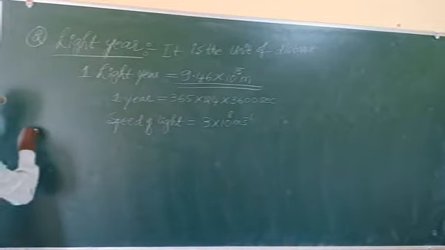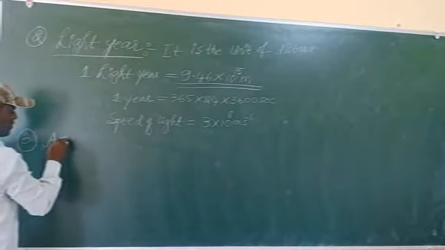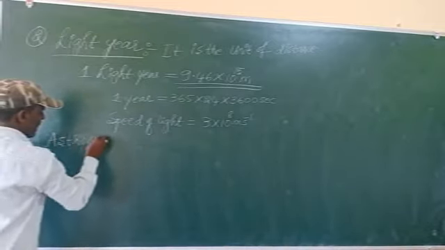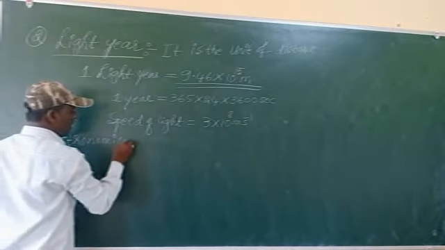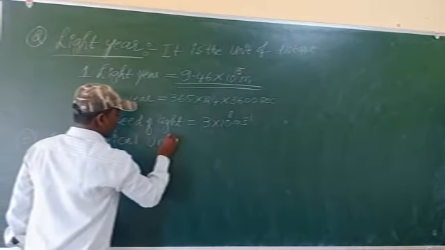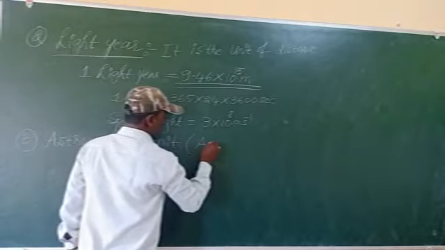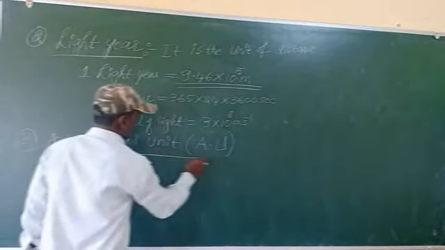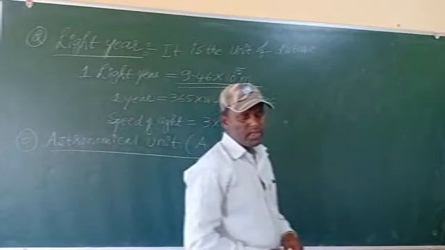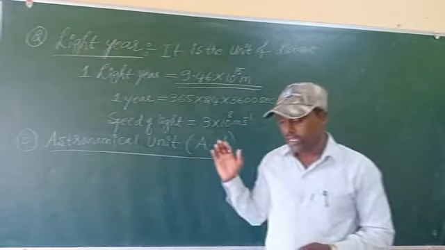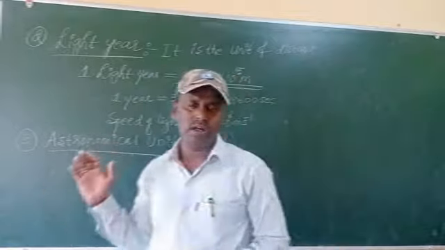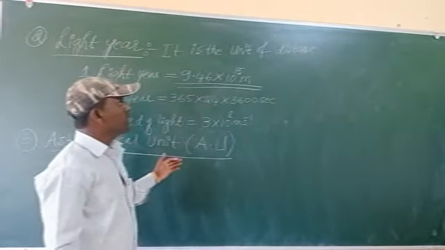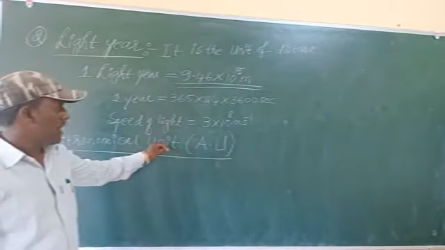Next one, astronomical unit. The next unit is astronomical unit, capital A, capital U. It is also a unit of distance, and what it measures,